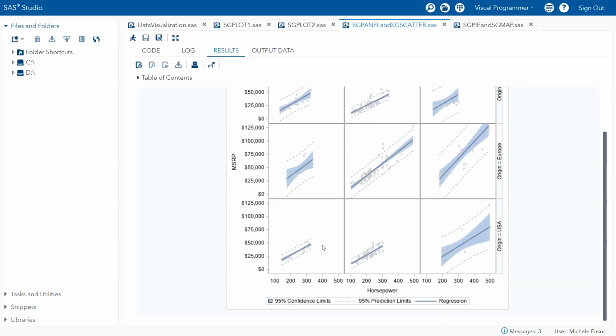What I want you to realize about Proc SGPanel, each cell has the same axis represented. The x-axis represents horsepower, the y-axis represents MSRP. So that's what Proc SGPanel is all about. Within one cell, you will get that x and y axis, but you will see the same x and y axis in every cell.